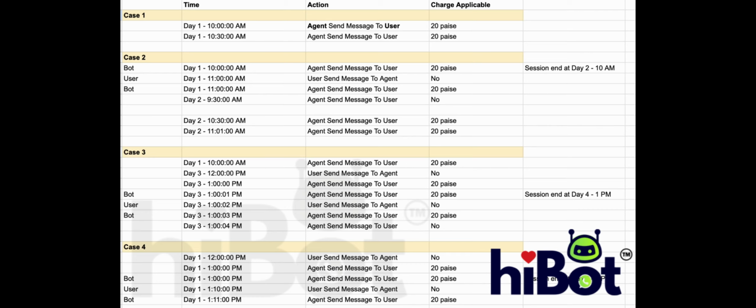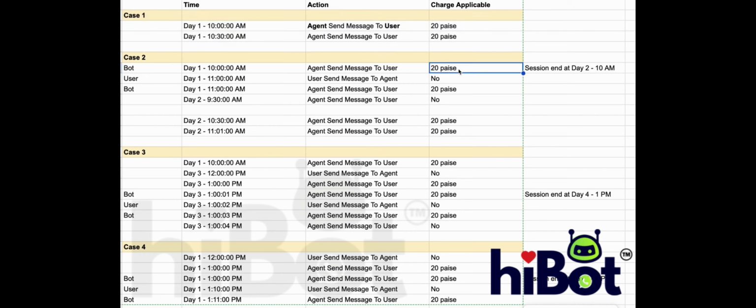How the RCS pricing works. When you, as an agent, send a message to your customer, that is the end user, you get charged 20 paise. In case your customer is not replying to you at all, for each message that you send, 20 paise will be consumed. There's a case too wherein you have sent a message to the customer on day 1 at